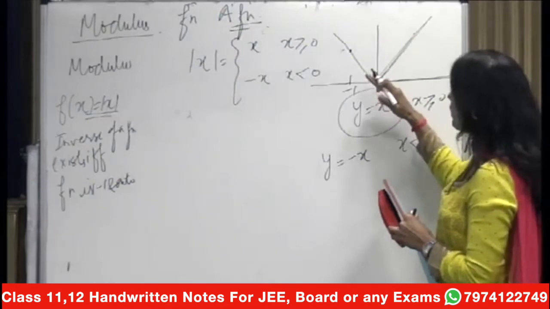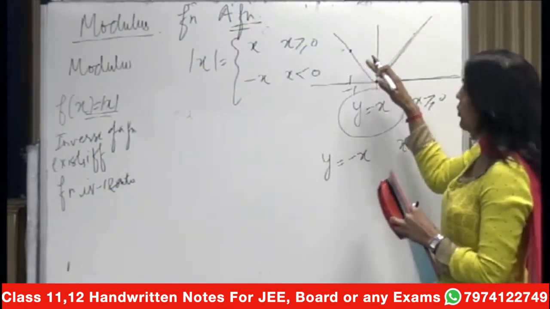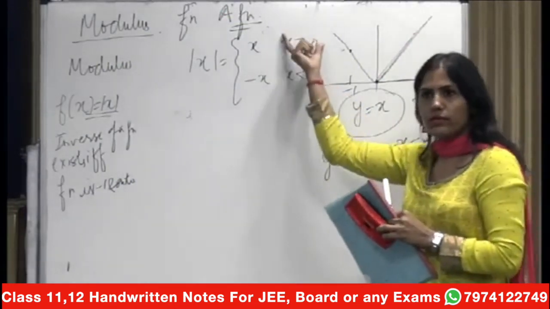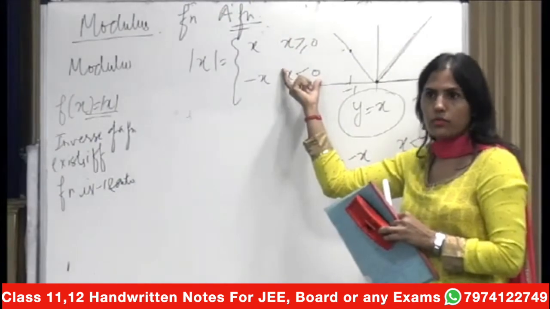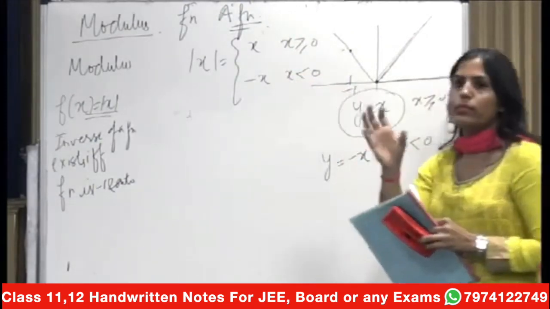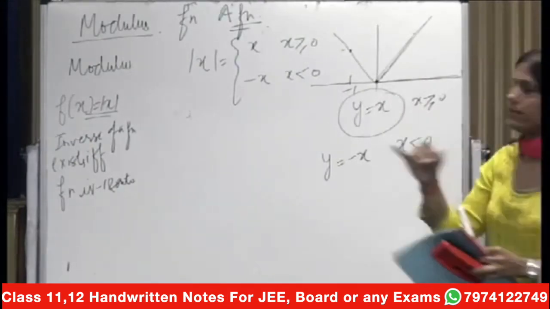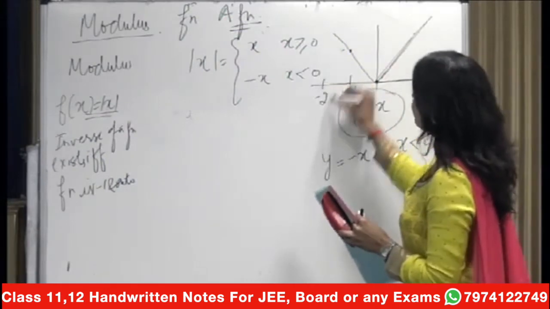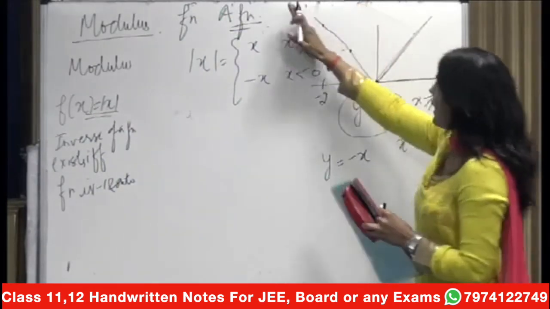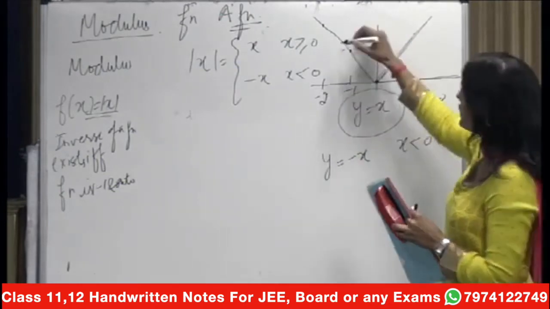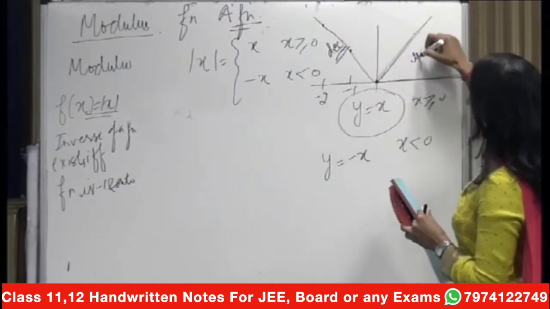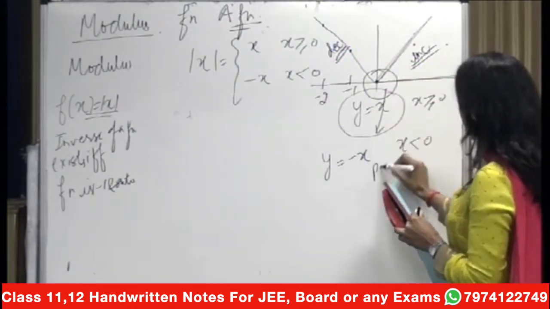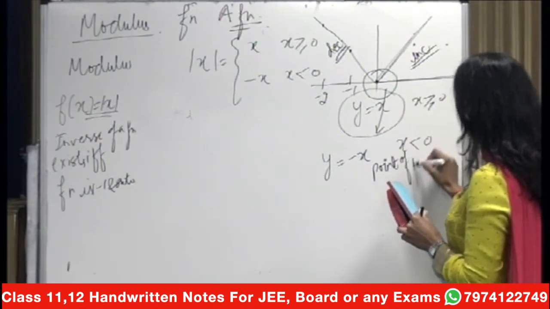Yes, we are drawing the mod function, and the mod function is defined like this. So we have considered these values. Now I am considering the other values, checking what type of graph we will have for values less than 0. For minus 1, this is 1. For minus 2, it will be 2. You just see, here this is decreasing, and here it is increasing, and this point, this is the origin, is the point of minima.